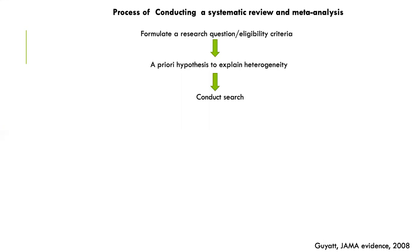After that, you want to conduct a search, and you're going to look at different medical databases, and it's advisable to get a librarian on board because they have more experience when it comes to searching for articles and for evidence. After you've found all the different articles, you want to screen the titles and look at the abstracts. Then after you've sifted through these titles and abstracts, you end up with the studies that you are more interested in, and then you're going to go through the full text of these articles